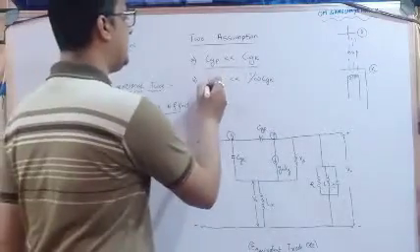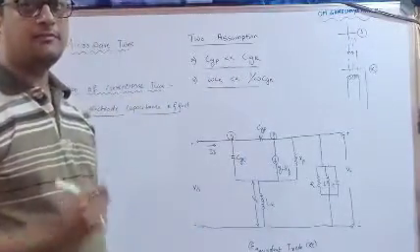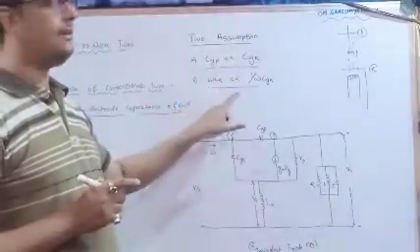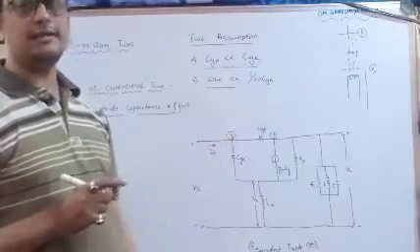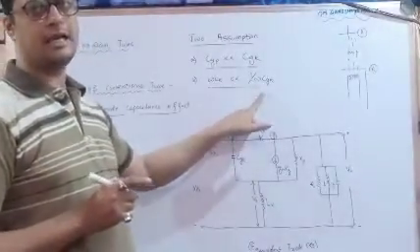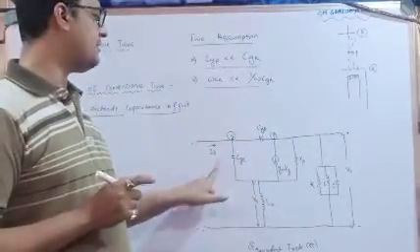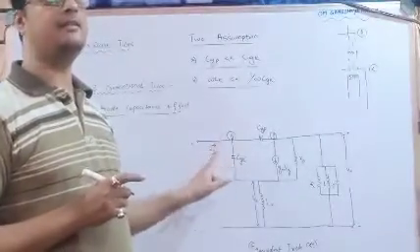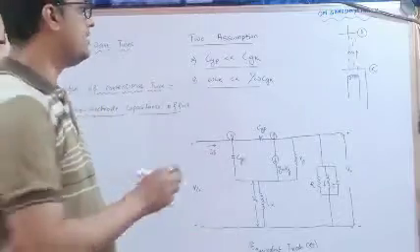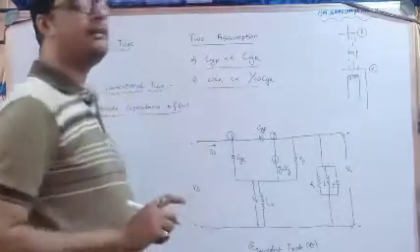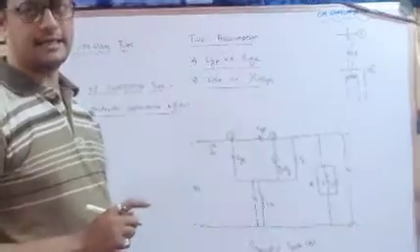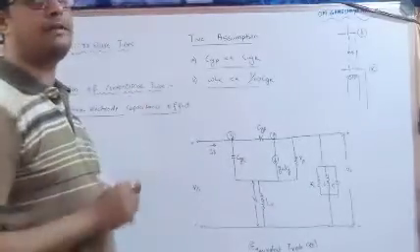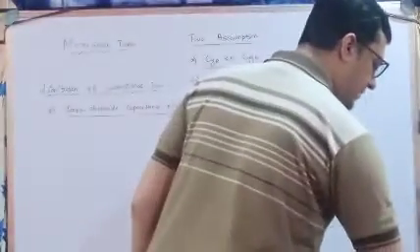Second assumption, XL must be very much less than XC. So XL is omega Lk, which is very much less than 1 by omega CGK. Why have I considered CGK? Because our inductance is connected with respect to the grid. We are not considering the anode terminal; we are considering the grid terminal. So omega Lk must be very much less than 1 by omega CGK. These are the two assumptions which will help us determine why this particular effect comes into the picture. So step by step we will see.